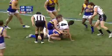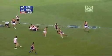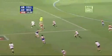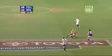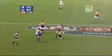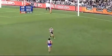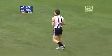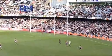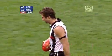Collingwood have it at half forward as Tarrant bowls over Selwood. Umpire let it go. Whip under. Interesting handball. To Judd. To Stengline. To Braun. Run down by Thomas. Fraser. Good tackle, Lynch. And Fraser's handball is up to the effort as he gives it to Burns. He goes into the pocket all by himself as O'Brien. And Shane O'Brien, who has not had a lot of the football, will line up for goal number 3